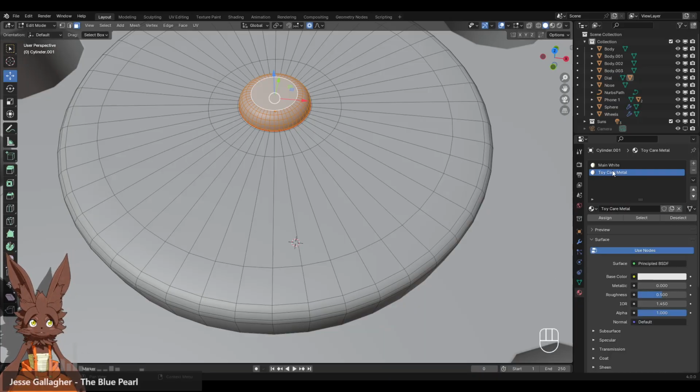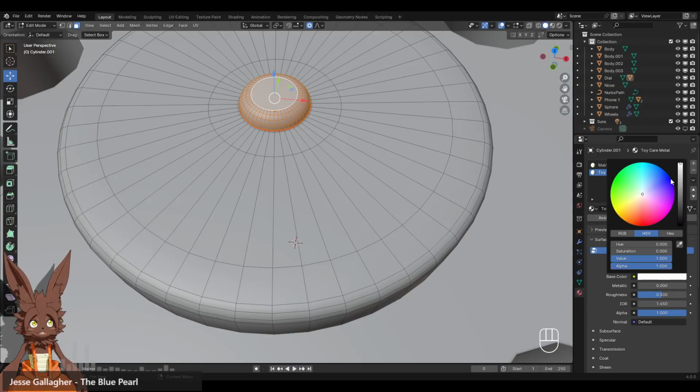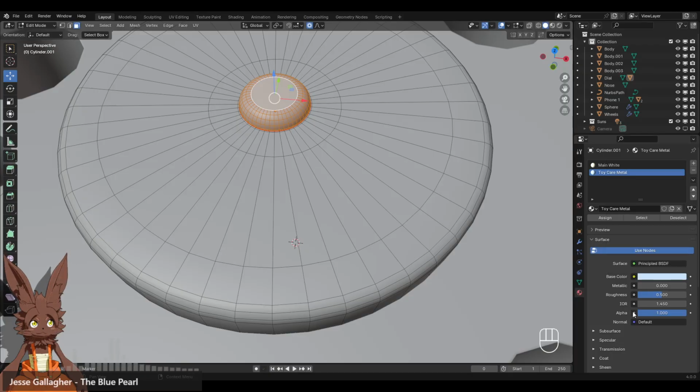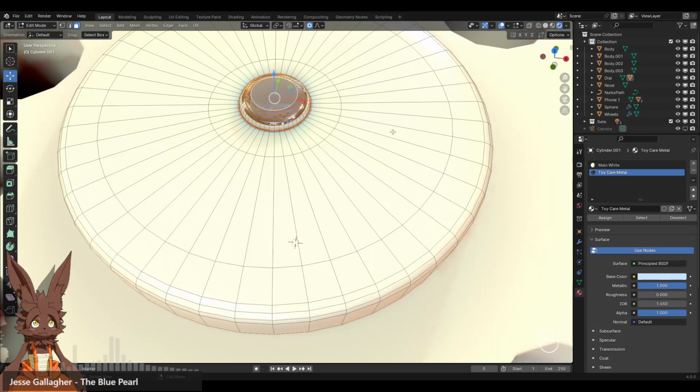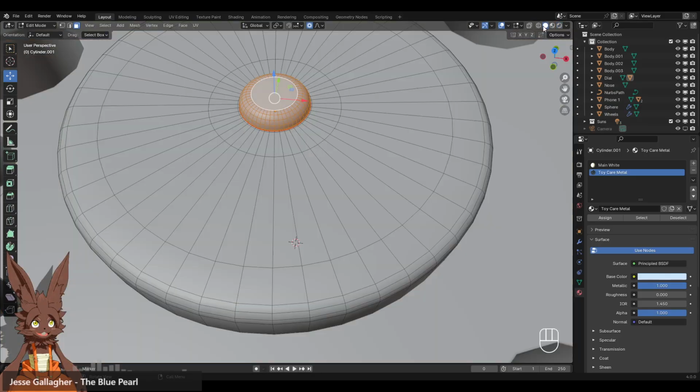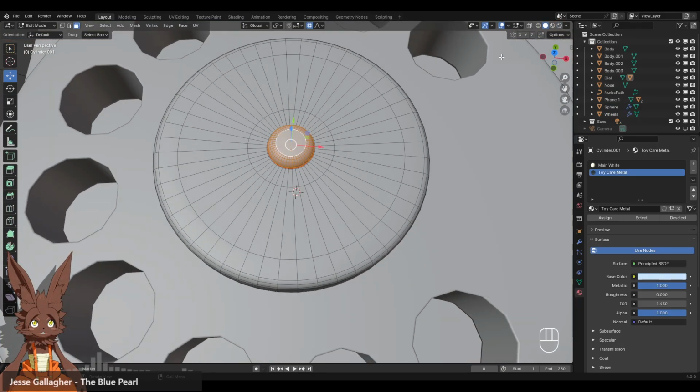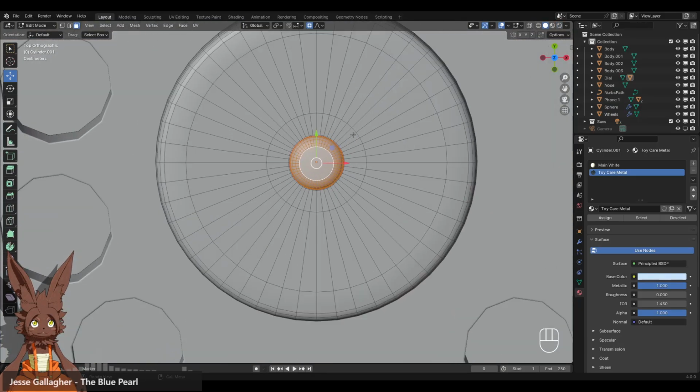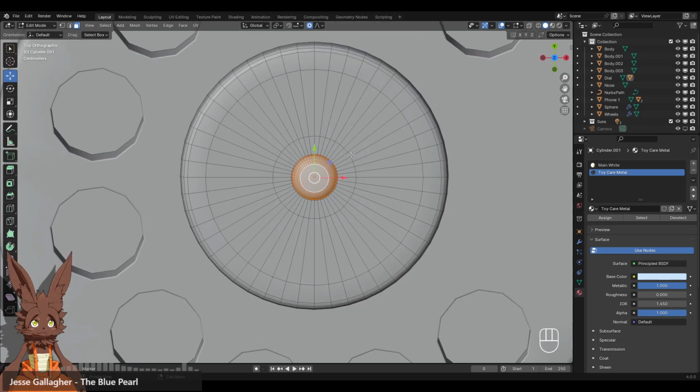Toy car, metal. Assign. Crank that. Oh, actually, no, it needs to be like here, right? That's what we normally do. U, metallic, maxed out. Too close, can't see. But then we need to. Like, this needs to stay white. Like, everything needs to stay white, but then I need to remove